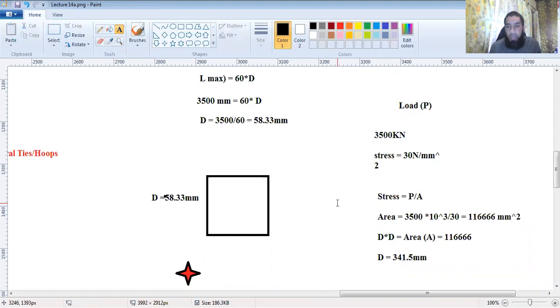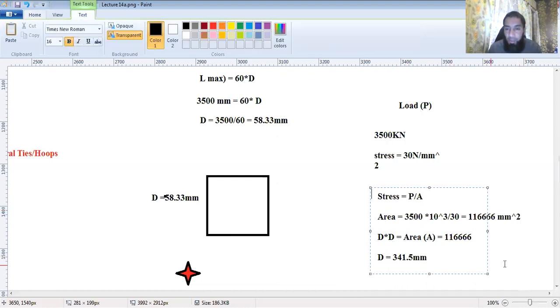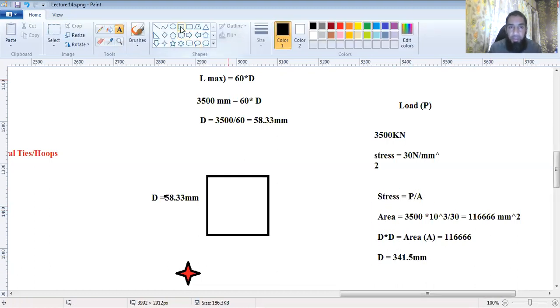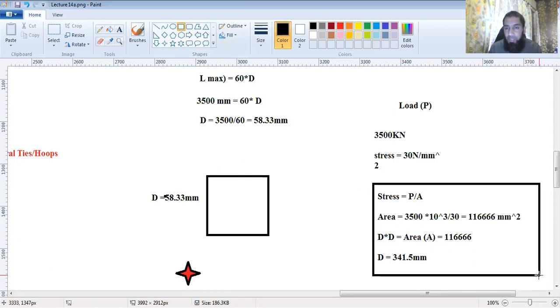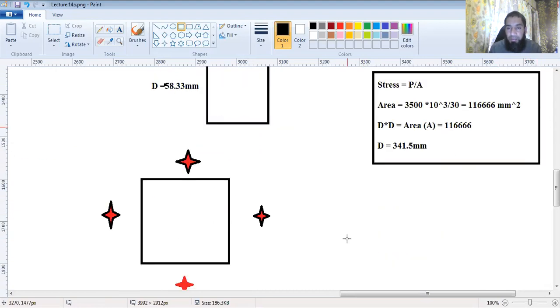So now I am getting a much clearer picture from here that at least my D should be somewhere in between. We don't need this much. This is the maximum concrete area you require. This is the maximum here. Remember, this is whatever you are getting from here. This is the maximum concrete area that we require.